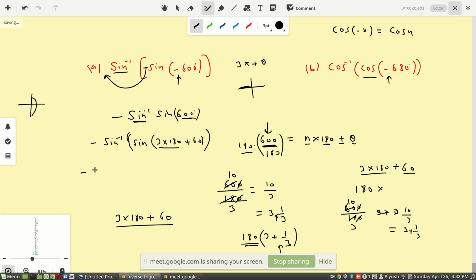So minus sine inverse. Here, sine of n pi plus theta will be sine theta, sine 60, but this angle is in the third quadrant, hence it will be negative. This extra negative comes, the sine is coming outside, and when I tried to solve the 600, I got one more negative. Sine inverse of a negative will come outside, so this negative will overall become positive. So sine inverse of sine 60, the answer is 60 degrees.